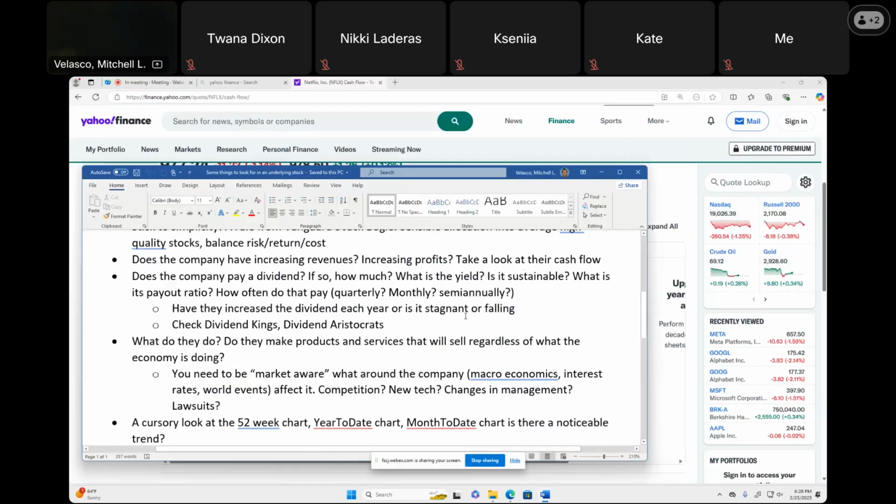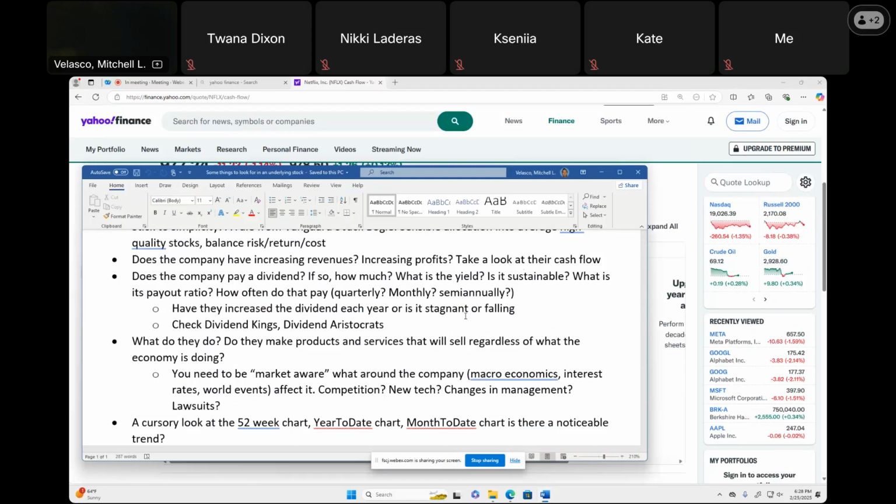So what do we talk about dividends? Dividends are basically the share of the profits that the company can pay you in cash. They pay that from their income. So as long as they're making money, ideally, hopefully they're making money, then they're going to reward you for buying their stock by paying you a share of the cash.